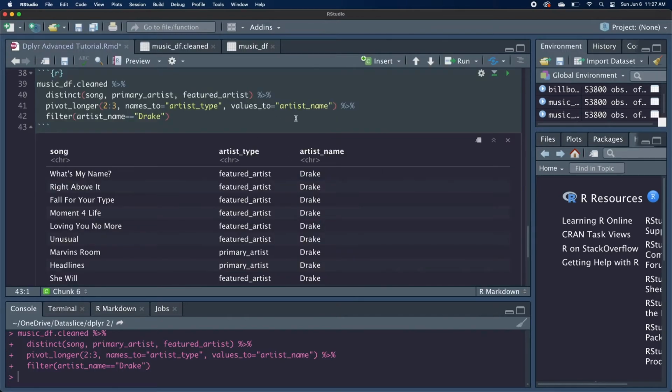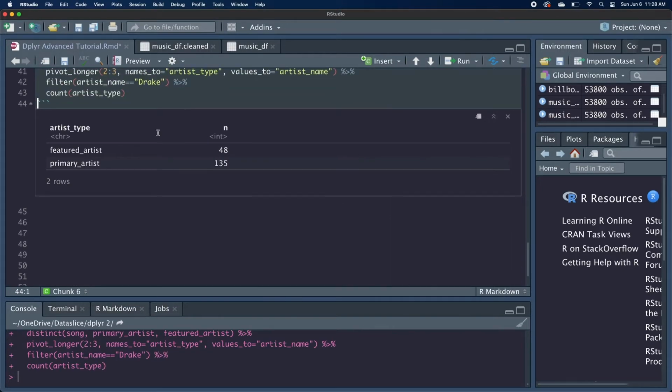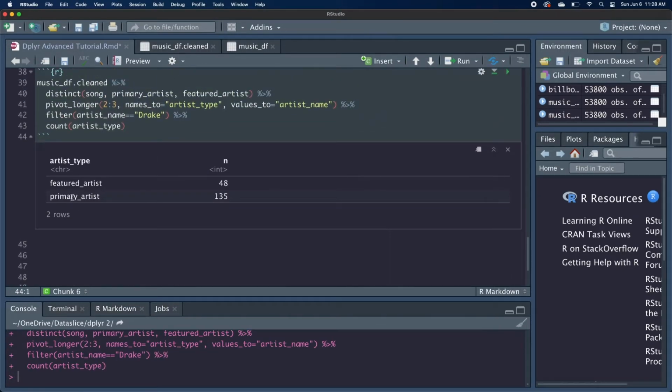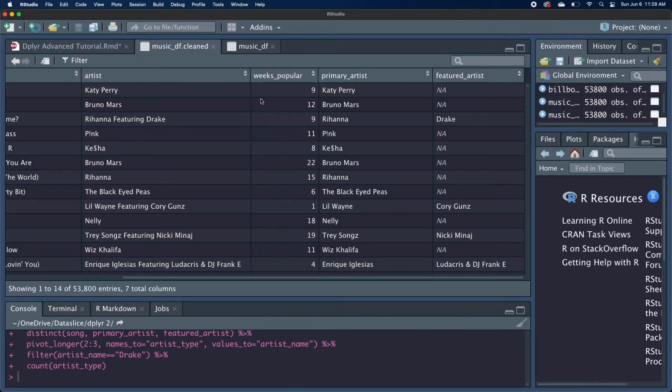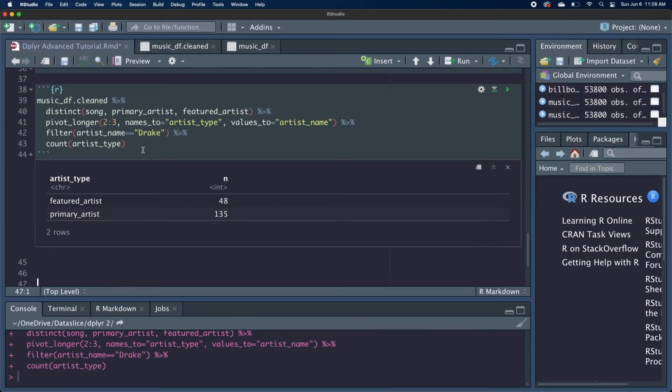But having all of our artists in just one column can be useful for other types of analysis. For instance, I can really easily figure out how many times he was a featured artist and how many times he was primary artist just by counting on the artist type. And we can see in all the distinct songs, he was a primary artist 135 times and featured 48 times. But just a quick note, if there's any situation where there are multiple featured artists and Drake is one of them, then obviously this filter condition won't match, so it would be excluding that data. We're not going to fix it now just because this is a tutorial,